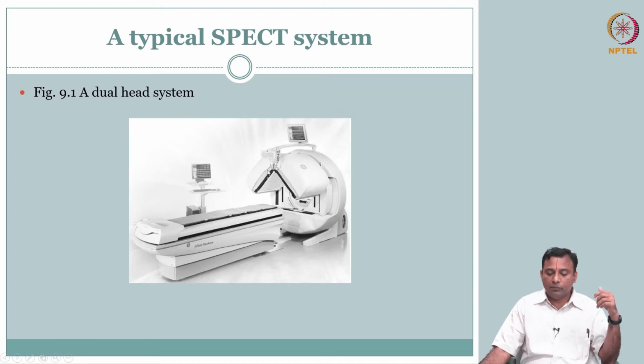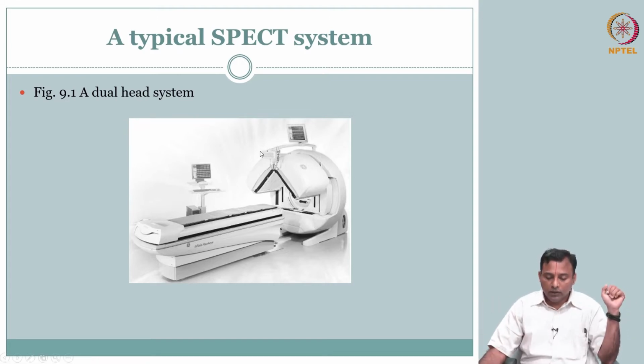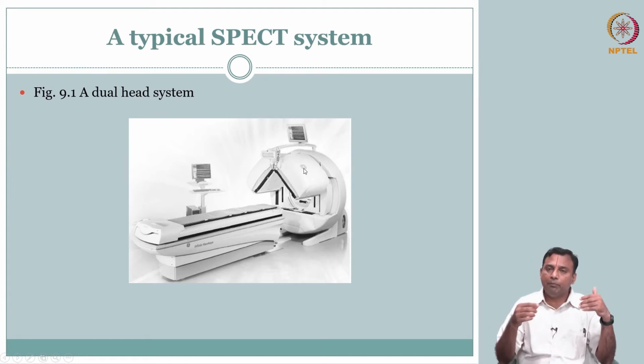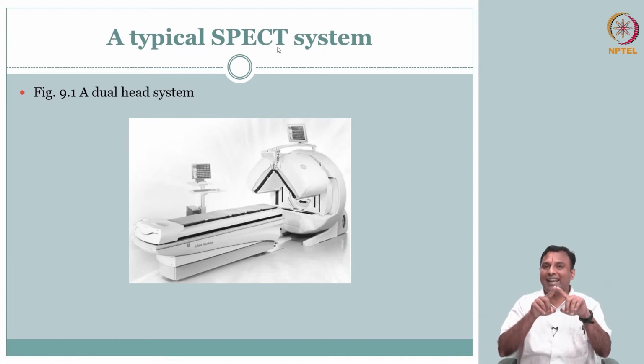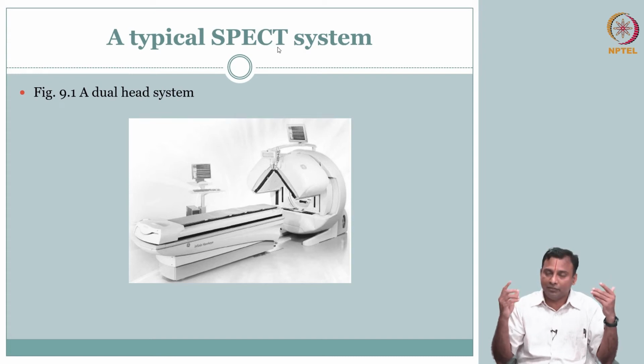This is one camera, this is another camera, and it has some angle. Of course, this is flexible, you can make them 180 degrees. This is attached to this arm and this can move around. So you have a patient lying here, and you can move around. It is the same principle as what we did in tomography in X-ray. We had to get data, we got it in one line, and then we moved through different thetas. So we ended up acquiring g of l comma theta, if you will recall, and we will connect back to that.